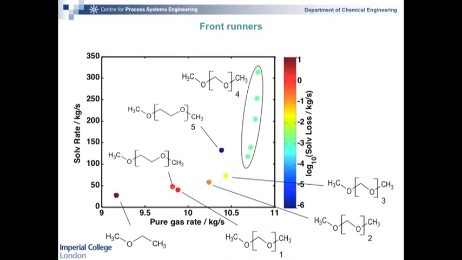And we can assess these economically, but first we can have a look at the properties and some indication of how they're going to perform. So the things that are going to be important to the economic performance of the process are the flow rate of gas that we're able to produce, which increases in this direction. So these solvents are better here. It is trying to minimize the flow rate of solvent around the loop. So we're trying to go to the bottom here. So this corner would be ideal, really, because this will minimize the capital cost of the equipment. And we also want to minimize the solvent losses, which is basically the blue-green colors, so these kinds of solvents here. Okay, so this is some indication, and each point that you have here, looking at these criteria, is the best solvent that we have found to achieve that performance.